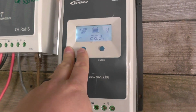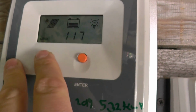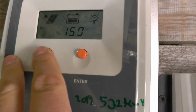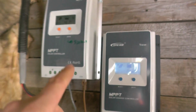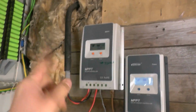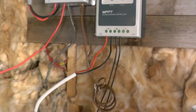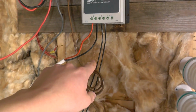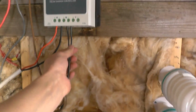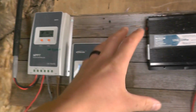15 amps coming from that, 16.3 going into the batteries, 16.5 going in from this array. Let's get a little bit closer. 16.4, so there's pretty negligible difference between the two. The array up here obviously comes down on a 10mm, the other one comes across on a 4mm. 4mm can cope quite happily with the supply, and I got, oh yeah, that's 2.5. That's going to be upgraded. That's not going to burn out over the next 2 days, which is when I hope to get the